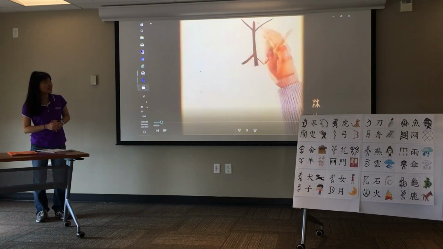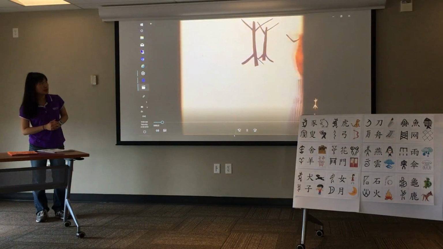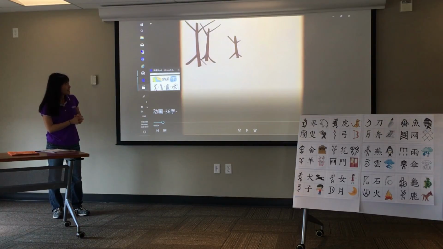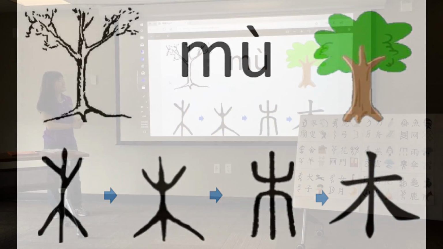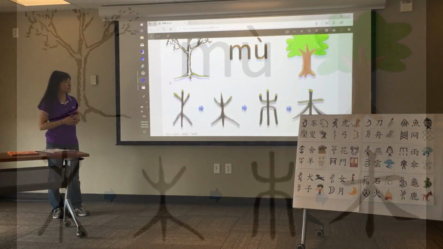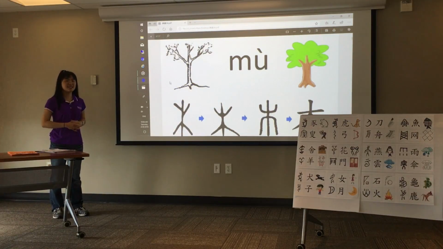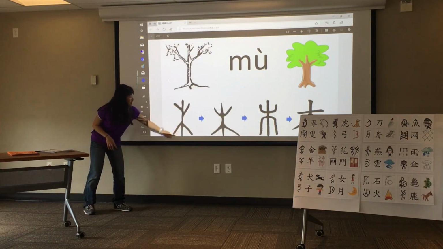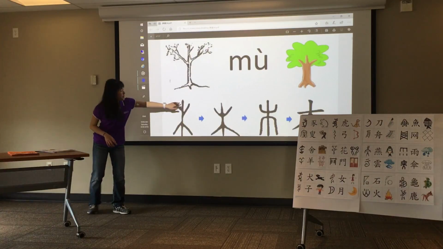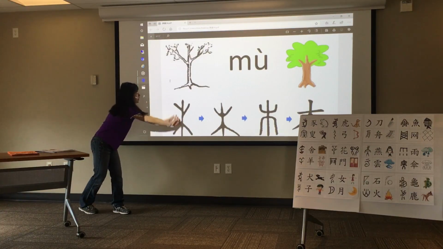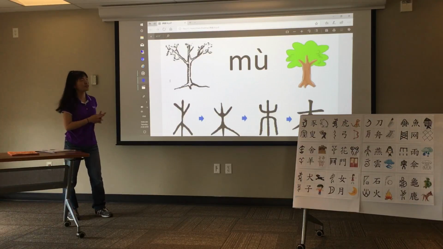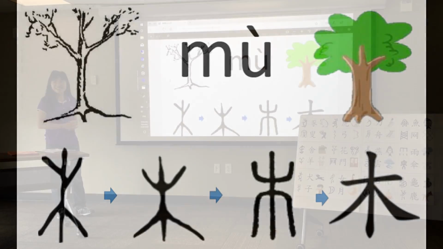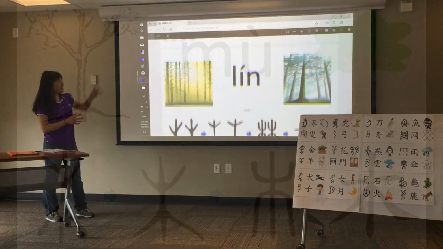So now here's another word. What does this look like? You want to guess? Yes, actually this is the word for wood in Chinese. So you can see that these are the top branches and these are the bottom roots. And over time the top branches got straightened out and the roots got moved up. So now this is the word for wood in Chinese, and it's pronounced mu. Repeat after me, mu. And now you know mu.